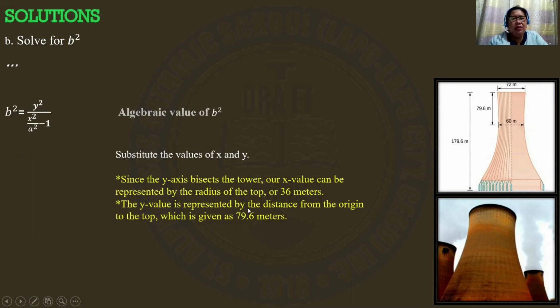The y value is represented by the distance from the origin to the top, which is given as 79.6. So from here to here. So substitute 79.6 to y, and then x is 36, so 36 squared over the value of a squared, 900, minus 1. Take the value of this and the result is b squared is equal to